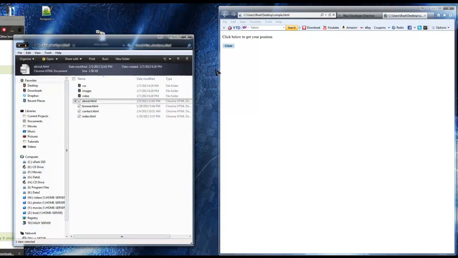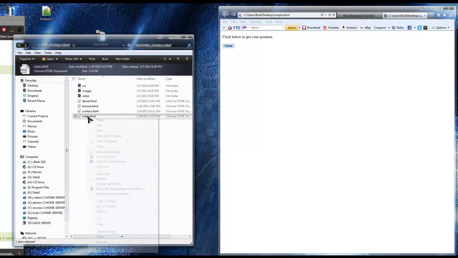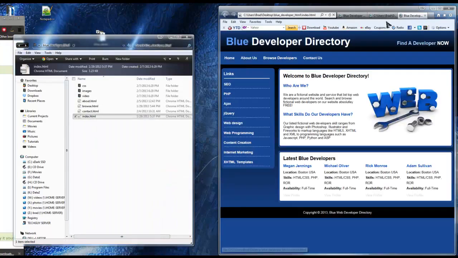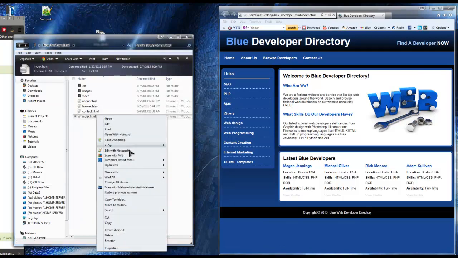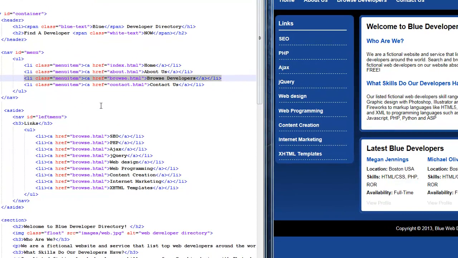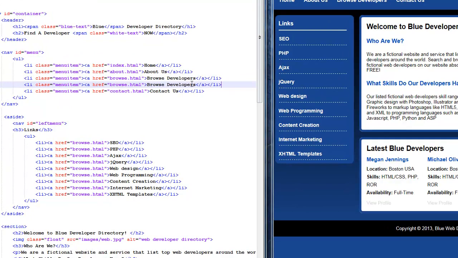What I want to do first of all is add a menu link. So let's open this in Internet Explorer. Let me close this old one. Now I want a link up here to register as a developer, and we all know how to do that. We're just going to add a link to the menu here in the HTML. Copy that, and I'm going to say register as developer. We're going to create a new page for this,